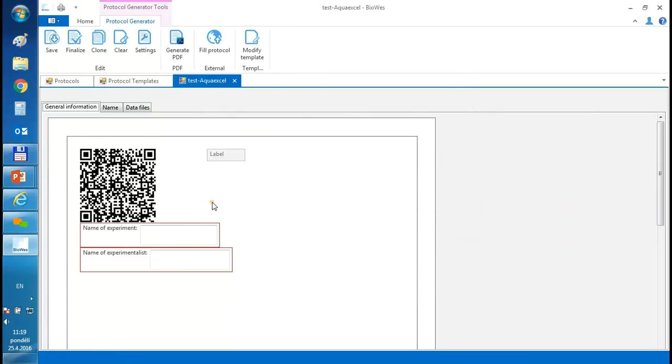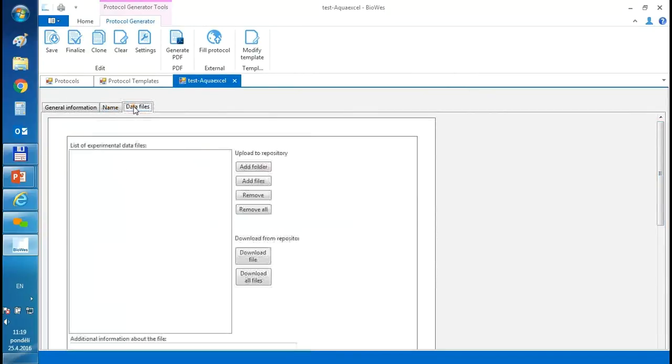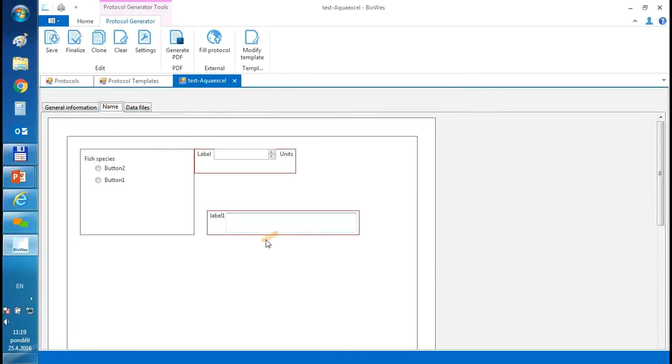What you can see here is the empty protocol which we created. We have 3 main tabs. We have some controls in that. And what is highlighted by red color means that it's mandatory. So the user has to fill these controls. So right now I start to realize my experiment, and I simply